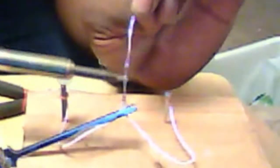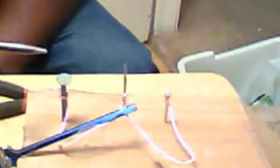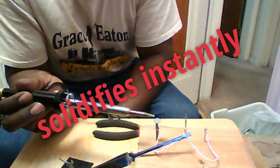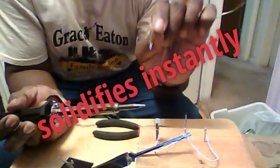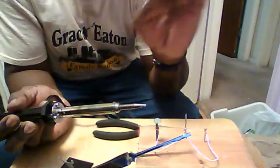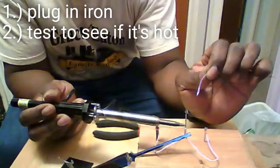Okay. See that? Yeah. And all right. And then as soon as you take the heat off, it'll solidify. So what's going to happen is you're going to get this hot and you test it to see if it's hot, and you saw how long it took. Yeah. And then 5 minutes. Yeah, and then you put it on here and you wait,